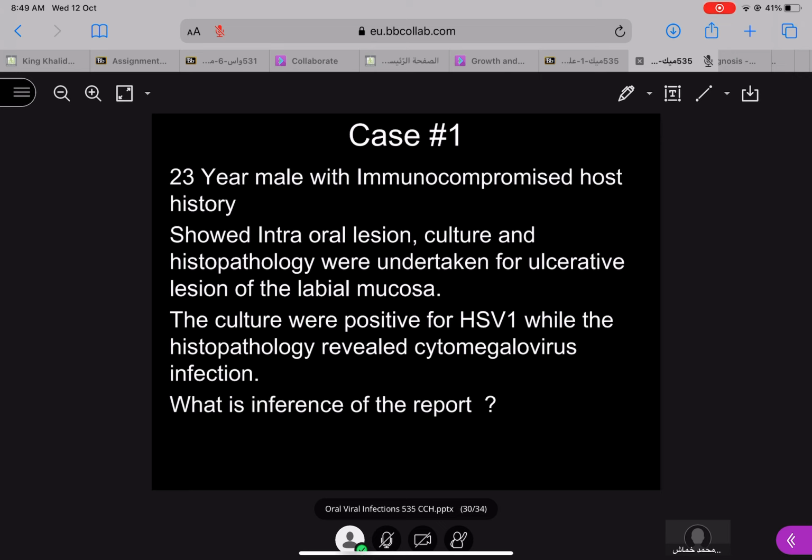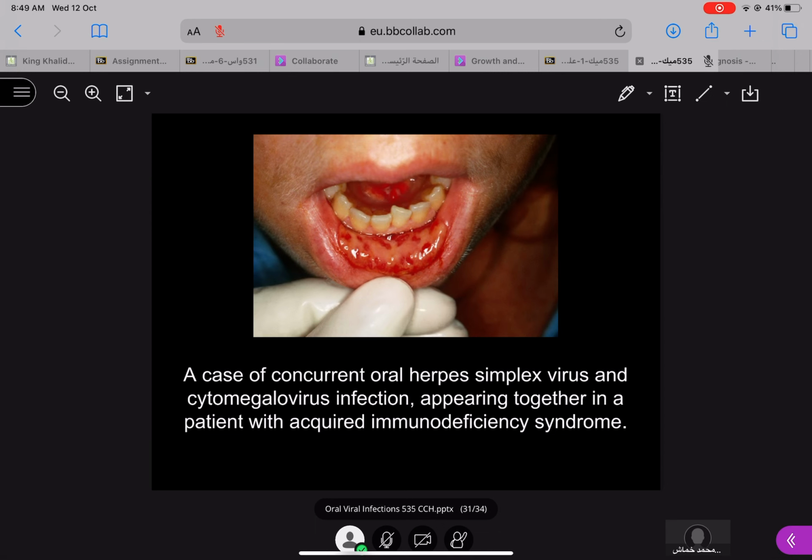The cultures were positive for herpes simplex 1, while the histopathology revealed cytomegalovirus infection. What's the interpretation of the report? You will see here a case of recurrent oral herpes simplex virus and cytomegalovirus infection appearing together in the patient